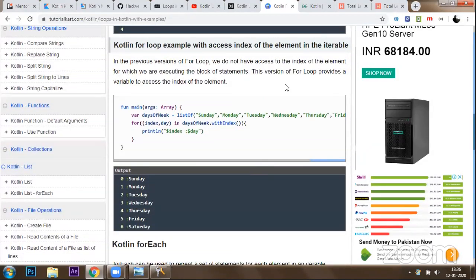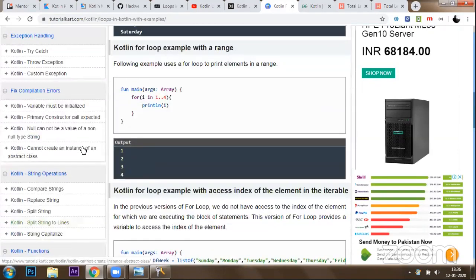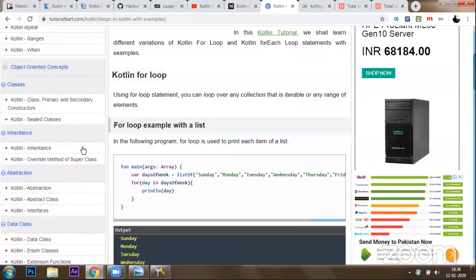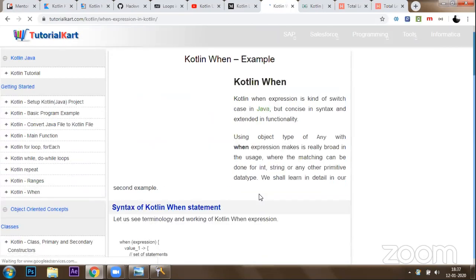Now we are going to have an example on Kotlin when. Now here, when you see here on Kotlin when,